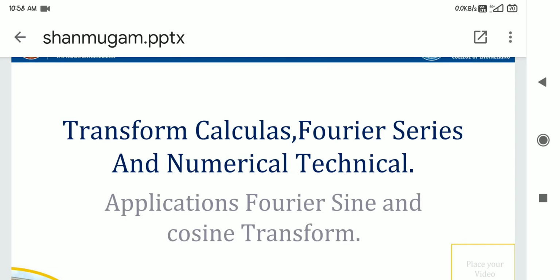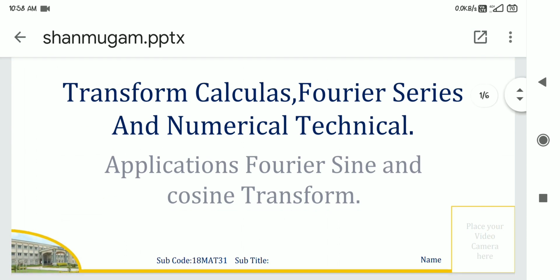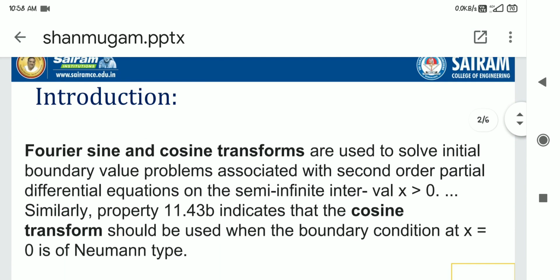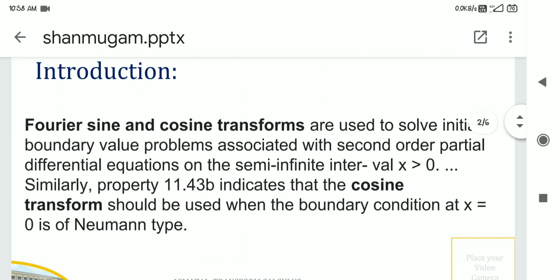Good morning. Today we are going to see about applications of Fourier sine and cosine transform. Fourier sine and cosine transform are used to solve initial boundary value problems associated with second order partial differential equations on a semi-infinite interval. Similarly, property